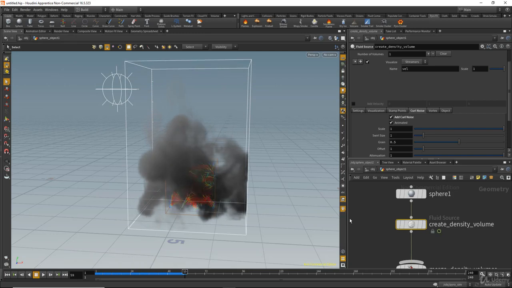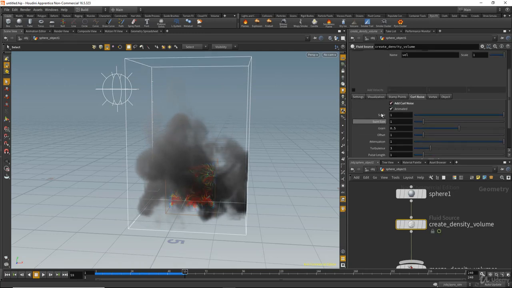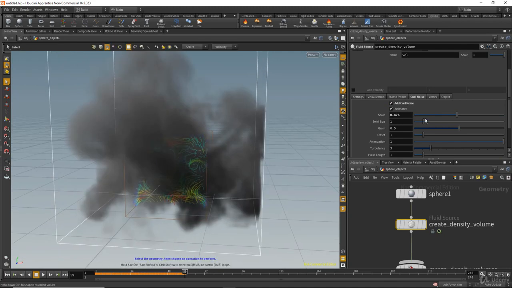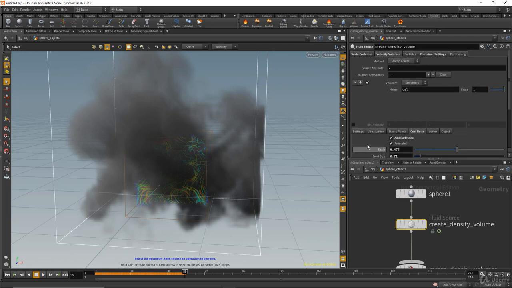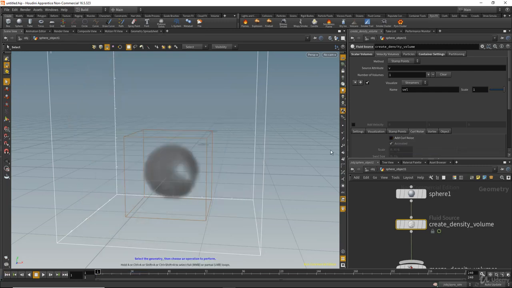Okay, so let's go back to the curl noise. Here you can scale the noise. Okay, and you can add more swirl to that or more turbulent. Okay, and another thing, if I click on the add curl noise and turn that off and go back, and